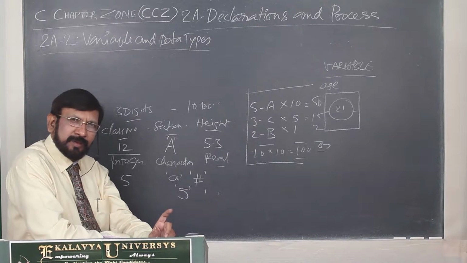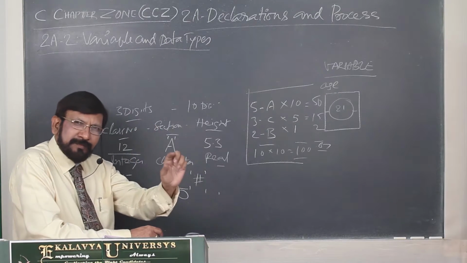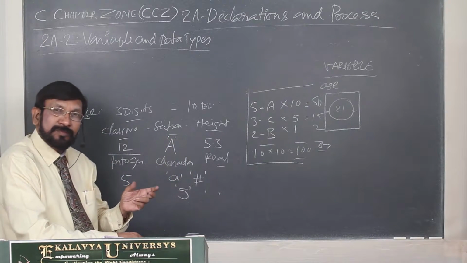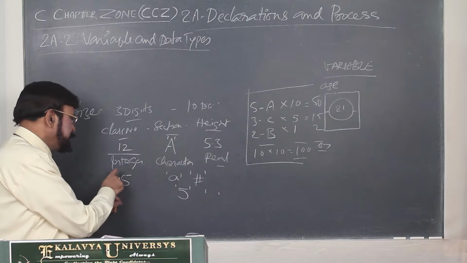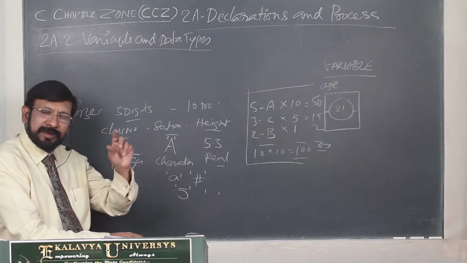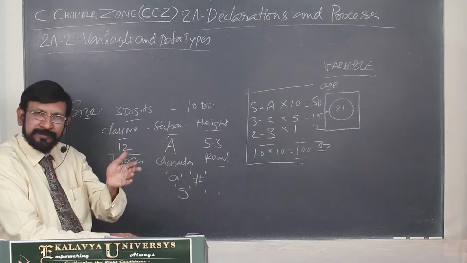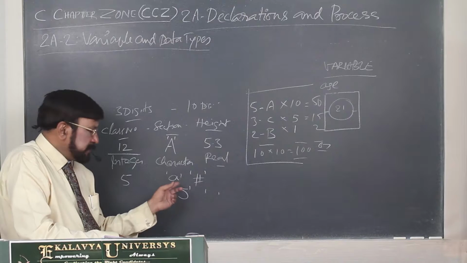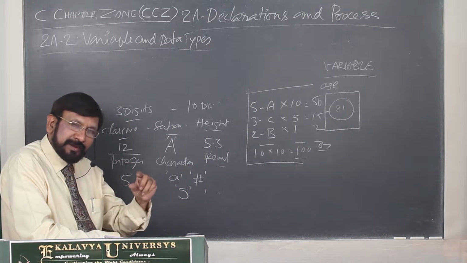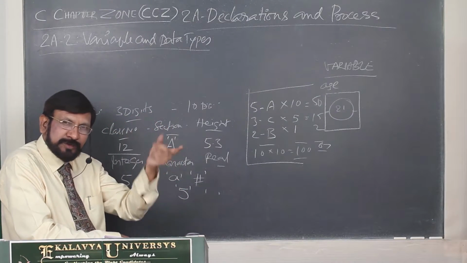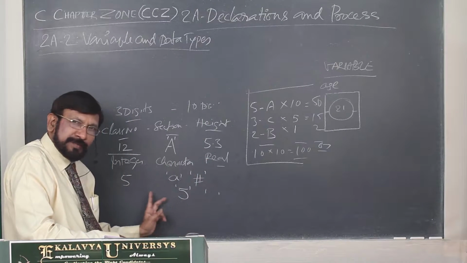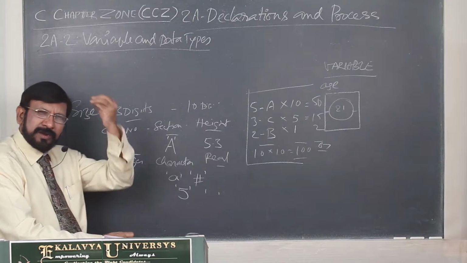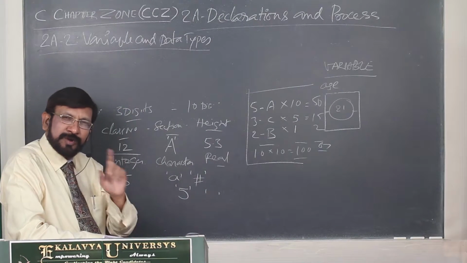The 5 character means the 5 symbol; you are taking only the symbol into consideration. This is the 5 value, that is integer. If you don't enclose it with single quotes, that is the value 5. What you think of as 5, that is the constant. This one is different. If it is enclosed by single quotes, you have to take it as the 5 symbol. One symbol we are using to represent 5, that is the 5 symbol. That is the difference. These are minute differences. You must strictly follow that and register it in your brain. You should not be confused.